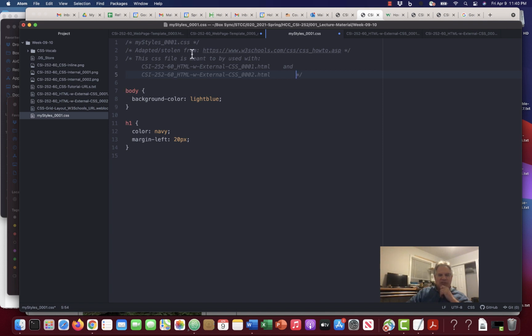But this is a CSS file. Comments in CSS are the classic /* */. They don't use the less than exclamation point dash dash that you see in HTML files,